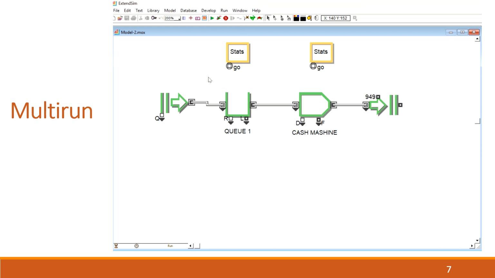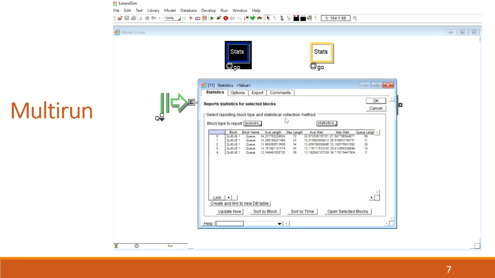So for us, overall, there is no difference. Again, the sound indicates that the simulation is completed. But now, if, for example, you go to any stats block, let it be the first one, which is collecting the information about queues, you will find out that now in the table we have much more data compared to our previous tries. Actually, it has been indicated that the number of runs, and exactly here we have 5